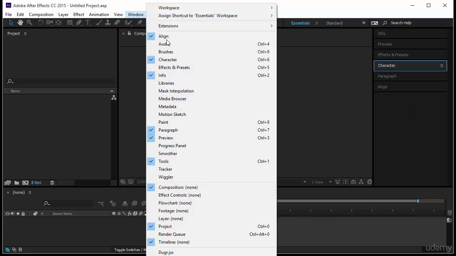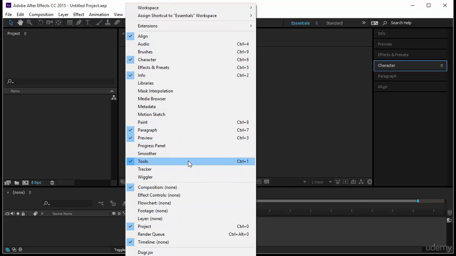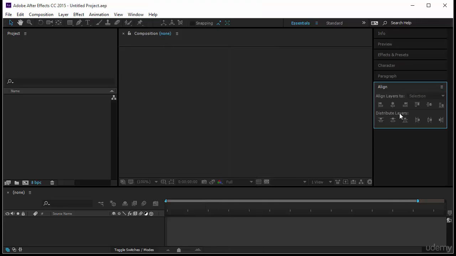Just come to window here and choose the one that you want. You see, the ones that I want are ticked here. Tools, for example, you can find tools. This is the tools bar. The preview, you can find the preview over here. Paragraph is over here. Now info, preview, effects and presets, character, paragraph, and align are very important that you have them here for motion graphic, and I will be using a lot of the align, for example, and of course